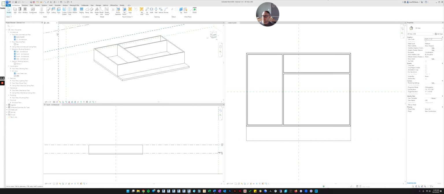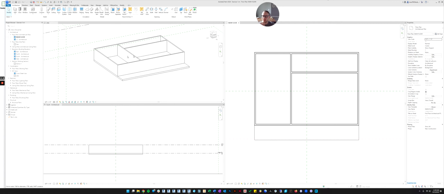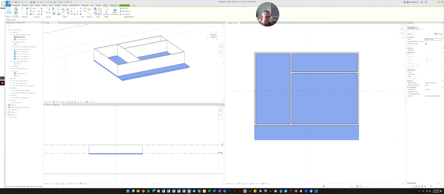All right, now let's do the ceiling before we do the roof. So now we need ceilings in these rooms. Before I go further, if you click the floor and look at its properties, again, notice that it assumes you want to draw the floor at the level of the view that you're drawing in.